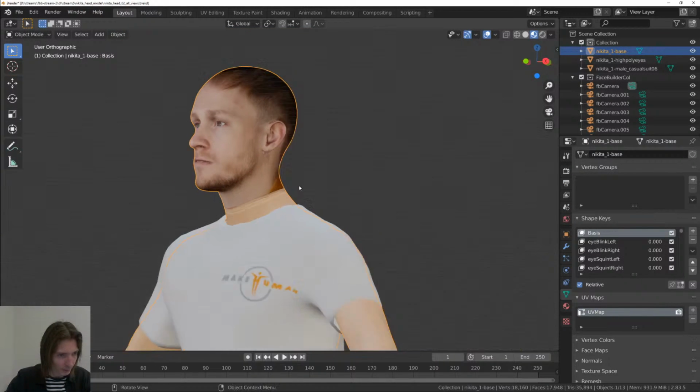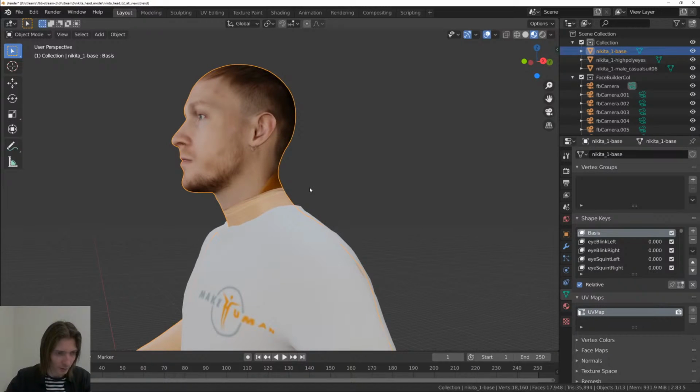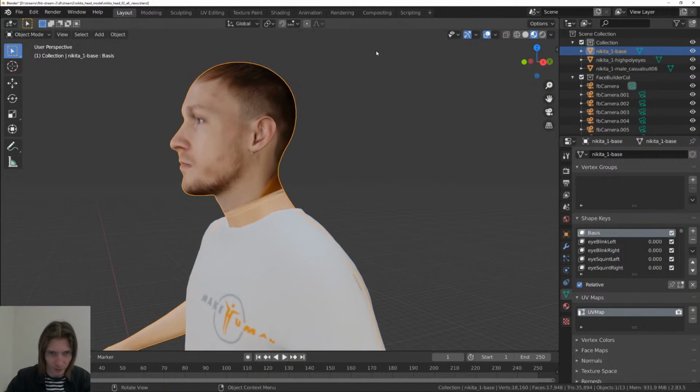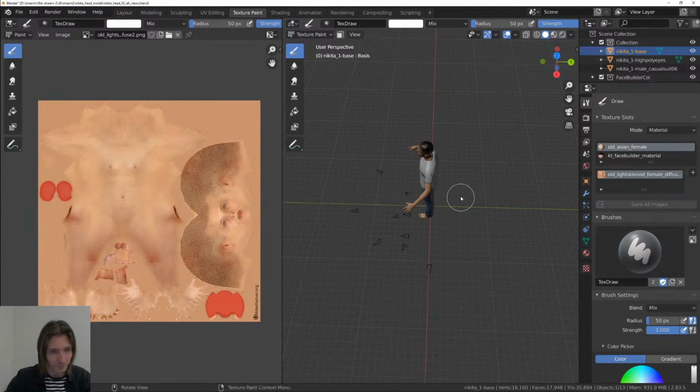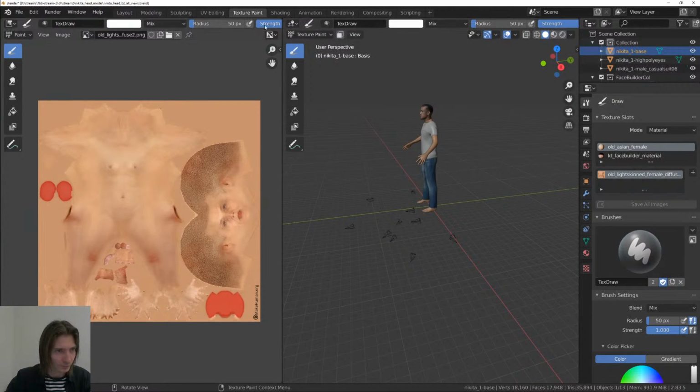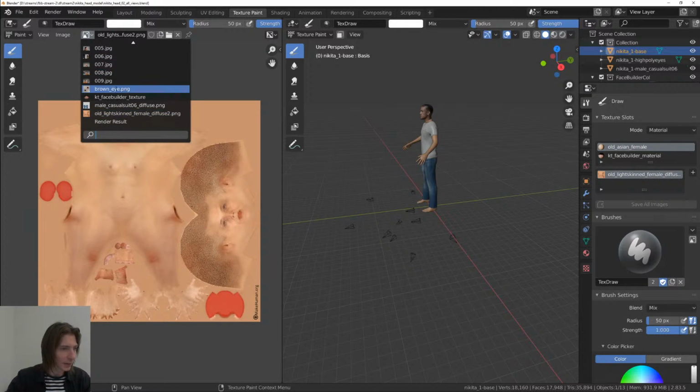actually there are many ways you can fix this texture, but you can merge this texture here, and you can merge it into this file. You can basically replace the texture from FaceBuilder, place it on this image here, and that's the best way to do this. I think we will have a tutorial on this, so right now I will skip this step